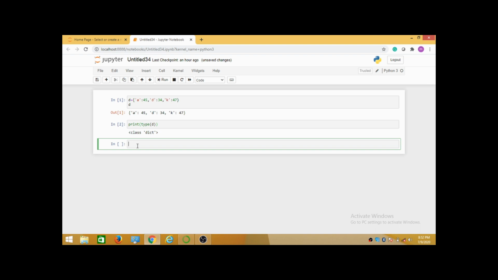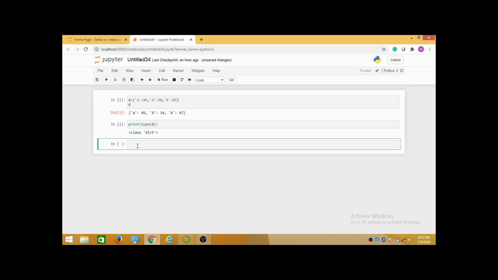So now let's see what operations are available for this dictionary. For that, what you have to do is just write the variable name you used when creating your dictionary.